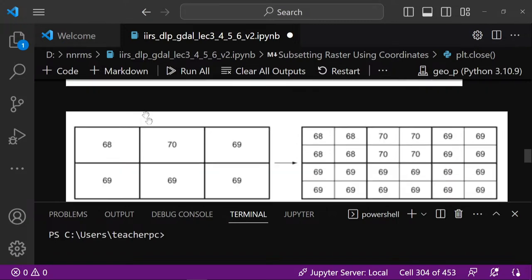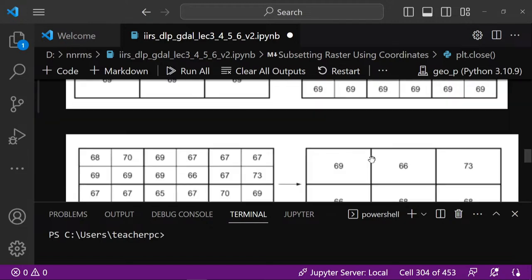And the same thing, suppose you want to convert a coarser resolution image to a higher resolution image. Like 68, initially there was only 1 pixel, and the pixel size may be like 120 meters. If you resample it to 60 meter, then all 4 pixels may have the value of this 68. The next 4 pixels get this 70 value. Then 69 gets replaced in these 4 pixels. In these two images, the extents are the same, but the number of pixels has increased 4 times. So this way